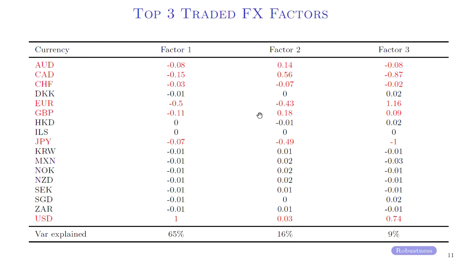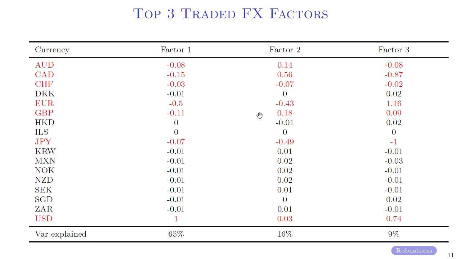The first result we have here is what are those factors? These are the traded risk factors we identified from the data. So before looking at these factors, let's first look at the bottom right, which is about the variance of risk explained. As you can see, the first factor is about 65%. The last two factors explain about 10%. In total, that's about 90% of risk being explained. If you look at the factors, here we highlight the US dollar and also 6 other major currencies that people trade. You can see